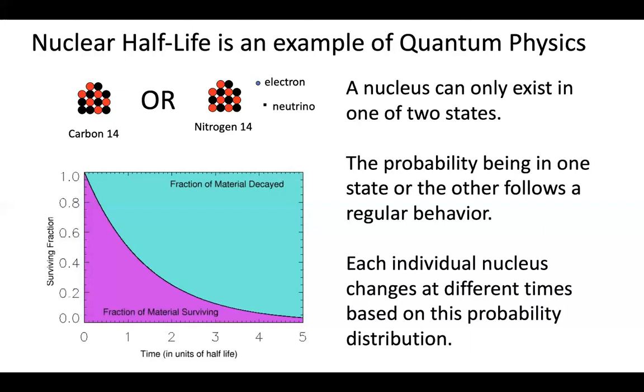And again, part of our brain rebels against that. It must be like, if I studied this one nucleus really well, I could say exactly when it decays. Quantum mechanics says, nope. And that can be frustrating to people, but at this point, that's the way the world seems to work.